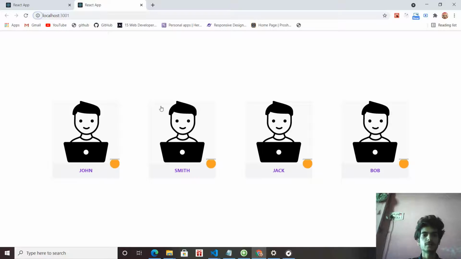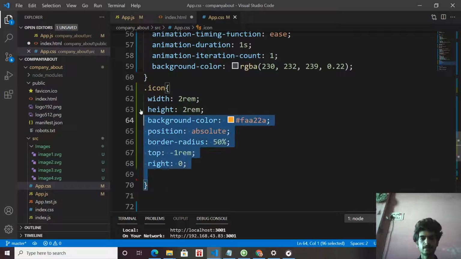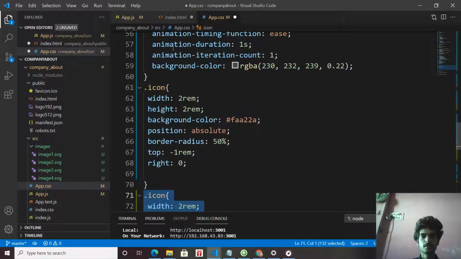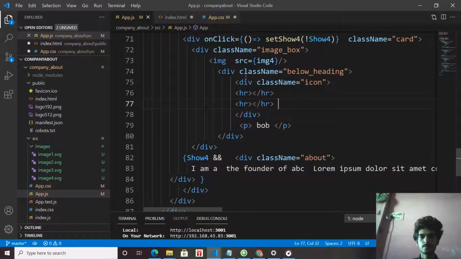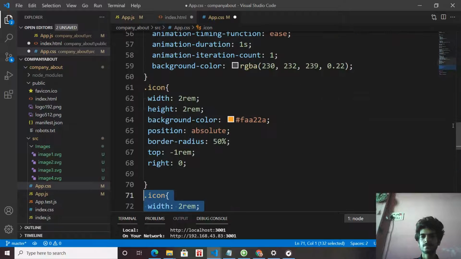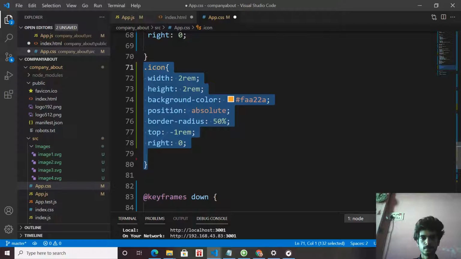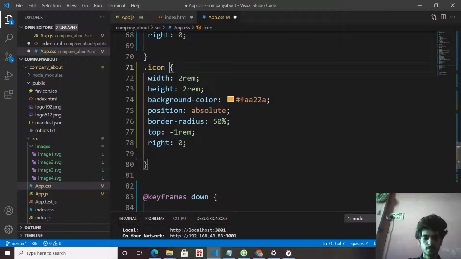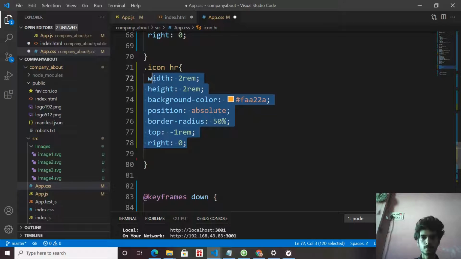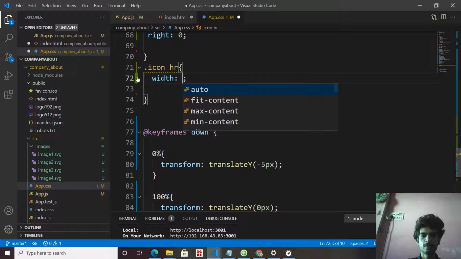So let's get the cross functionality. For this, select the hr of this icon. It has 60% width of the icon.